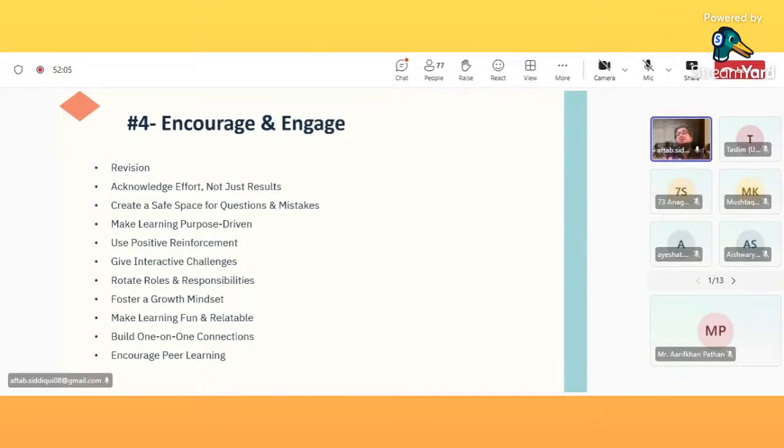99% of the students lack confidence. They cannot speak in front of people. So by this activity, you can engage them in studies also. Also, you are thereby increasing their confidence. Okay. Second is acknowledge effort, not just results. Let's say you have actively participated students in some kind of activities,